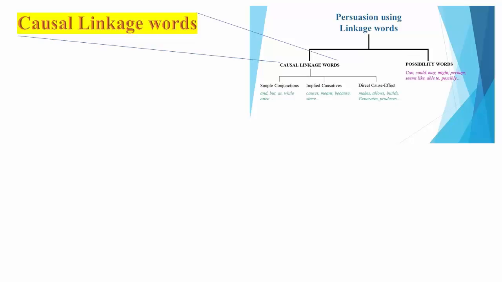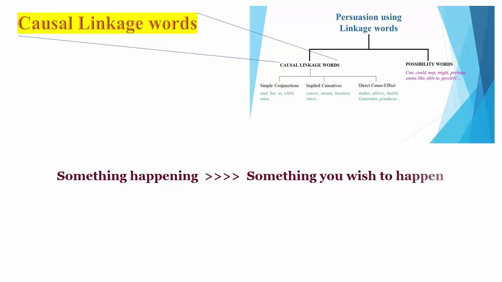These are a specific set of words that join one linguistic argument with another one, even if they are not really related whatsoever. They develop a cause and effect relationship between something that is happening now and something that you want to happen as a suggestion in the listener's mind. Now, why on earth would we want to do that?